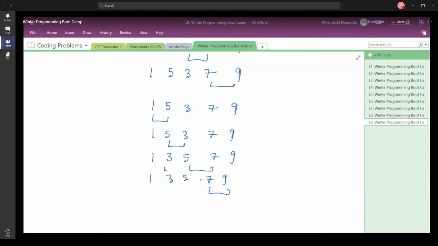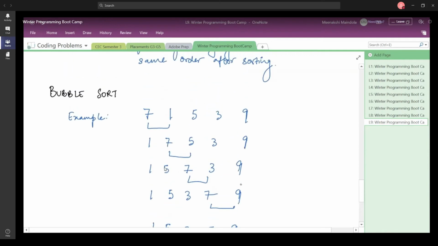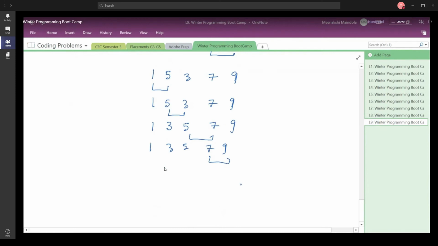The algorithm does not understand that the array is sorted, so it is going to move ahead and keep on comparing the elements and see if any swapping is required or not. So this is simply bubble sort.